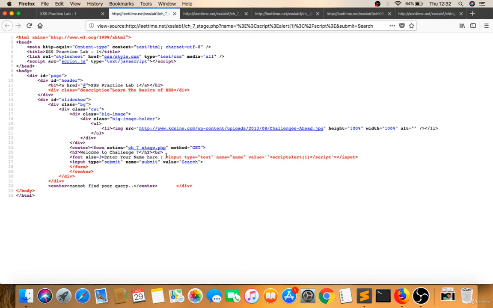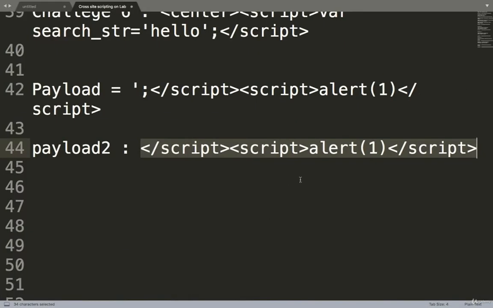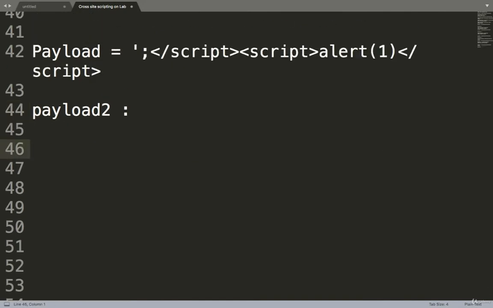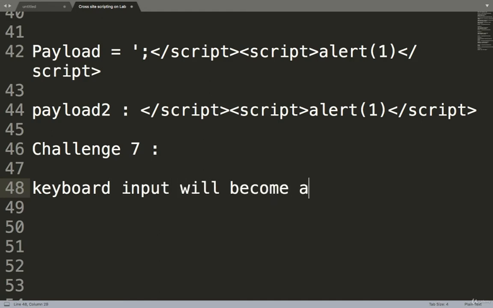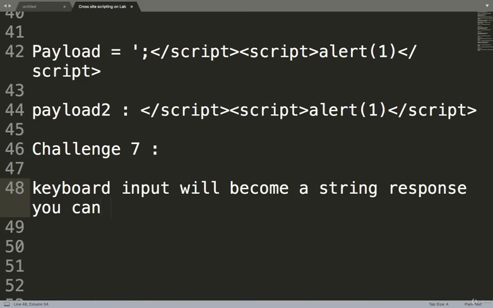Now see, challenge 7. Whenever keyboard input will become a string response, you can try to give input through mouse.